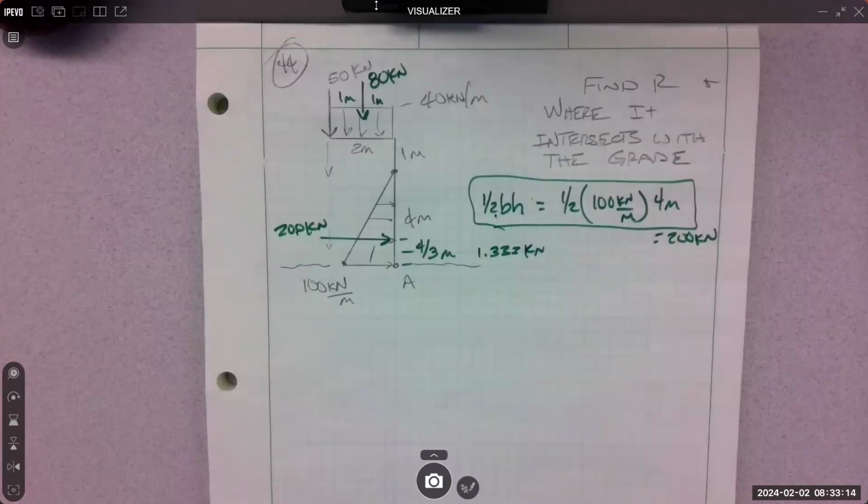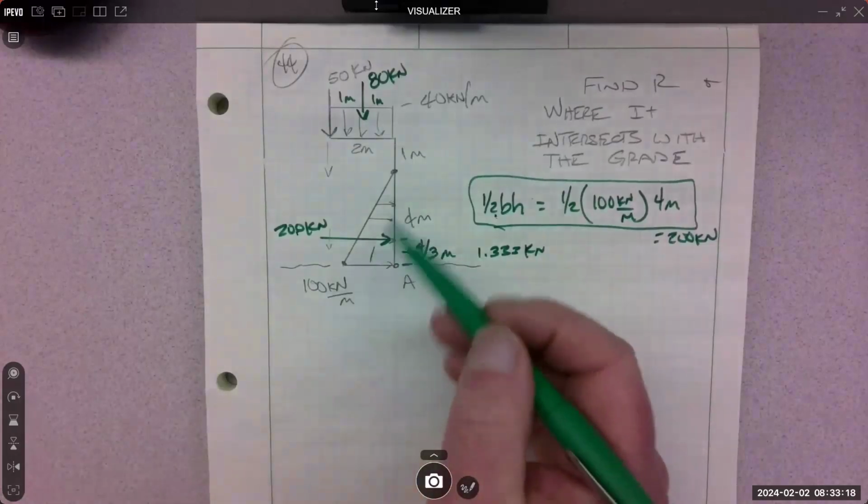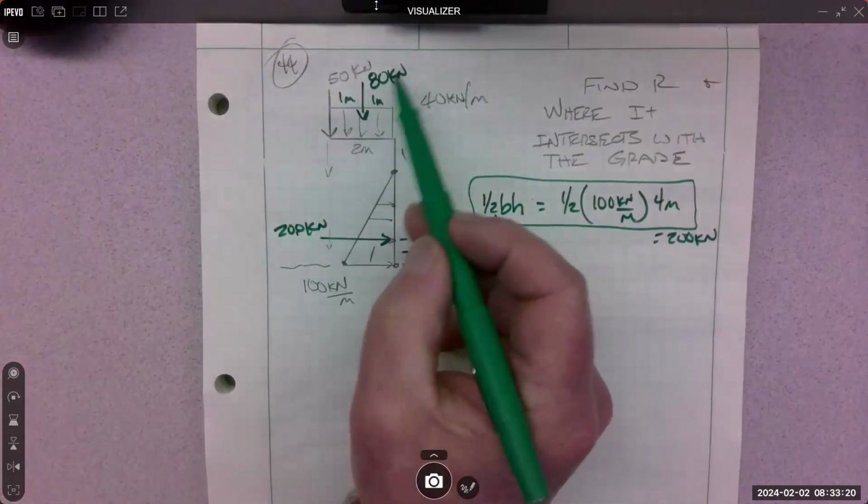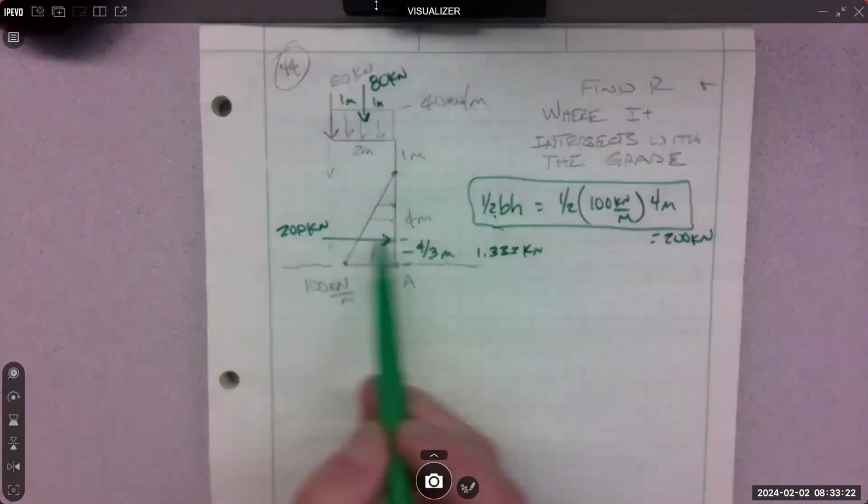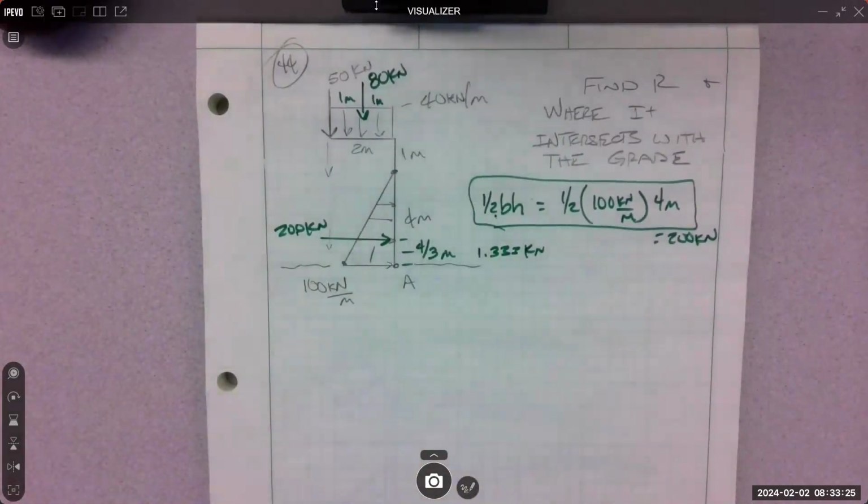We're now ready to work the problem. After we have concentrated all the distributions, this triangle's gone, this rectangle's gone, 80 kilonewtons is in, 200 kilonewtons is in. Now, what does the problem want to know? Probably the resultant. Did it say with respect to A? Or is this the one that said, and where it intersects the grade? Yeah, so this is kind of a trick problem. So they want to know,